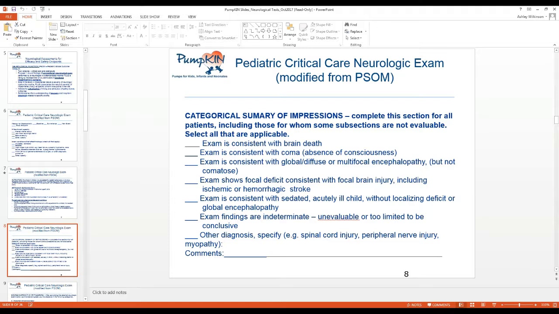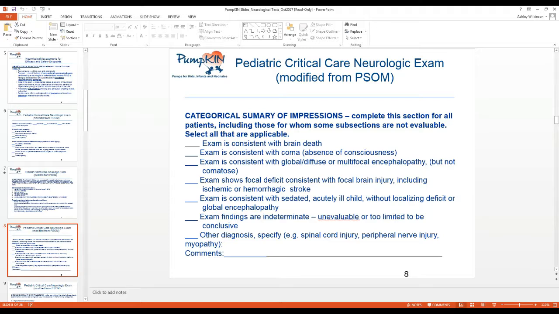And that may happen. So we just want to collect this information so that we can use the data that you submit in your scores and in your exam forms in a reliable and objective way. So for those patients where you have been able to do a fairly complete neurologic exam,